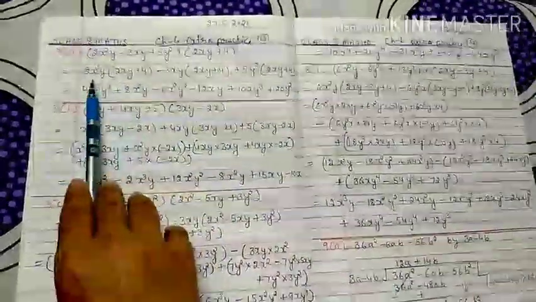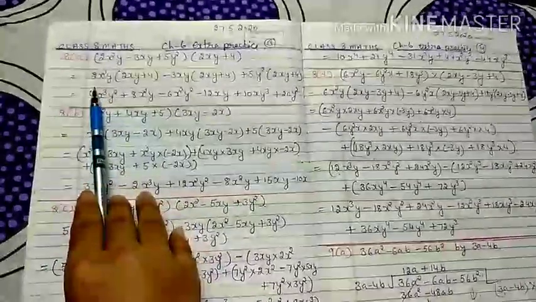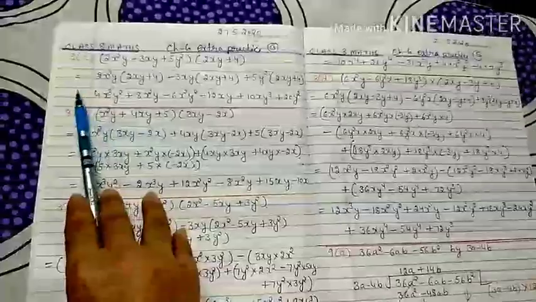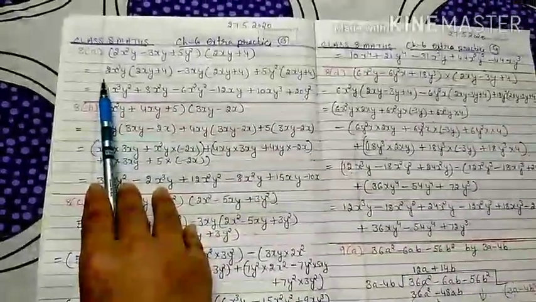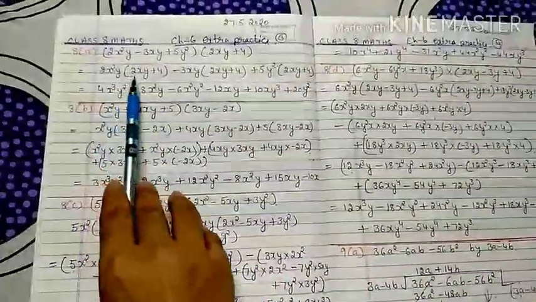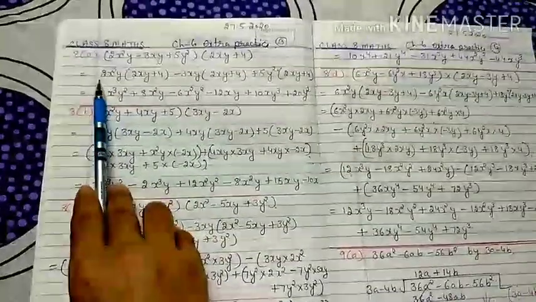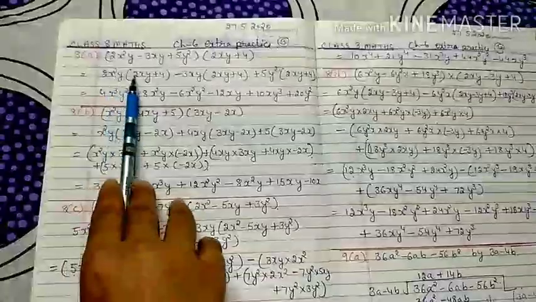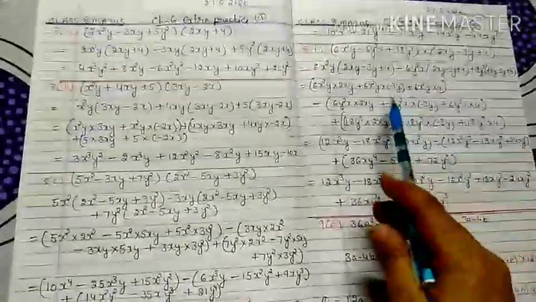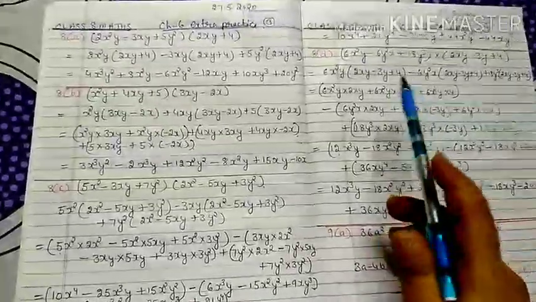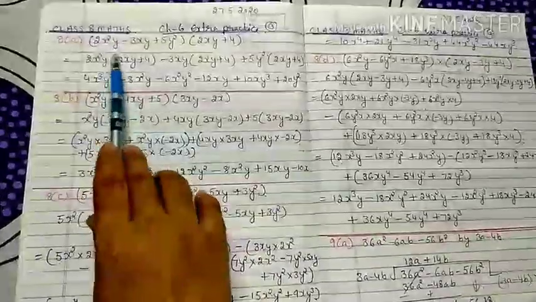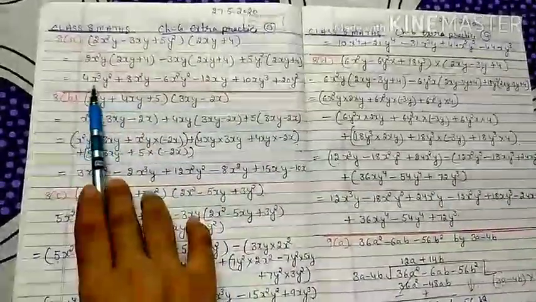Now one by one, if any term is outside the bracket, that means whatever terms are available in the bracket are all multiplied with the outside term, like 2x square y multiplied by 2xy. So the numerical part multiplies with the numerical part, but when you multiply the variables, they multiply only if the variables are the same, like the base is same, you add the powers. Here is 2 and here is 1, 2 plus 1 is 3, here is 1, 1 plus 1 gives me 2, that gives me 4x cube y square.